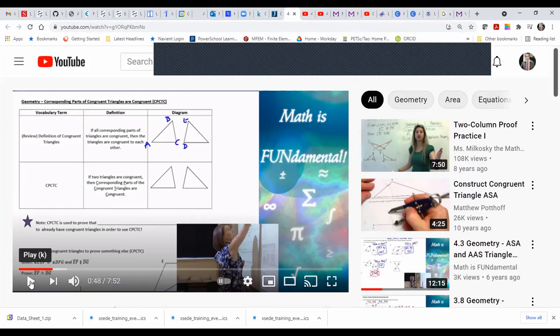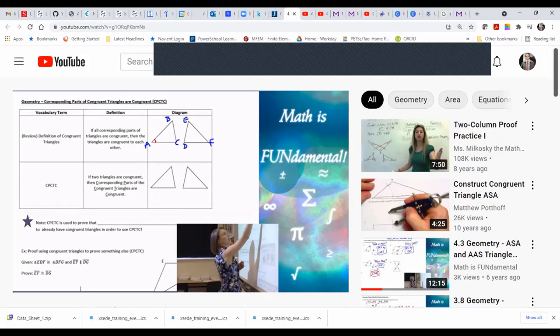Yeah, for lesson 4, let's mark our congruent parts. So let's say we have angle A congruent to F, B congruent to E, C congruent to D, and then we have our congruent corresponding sides